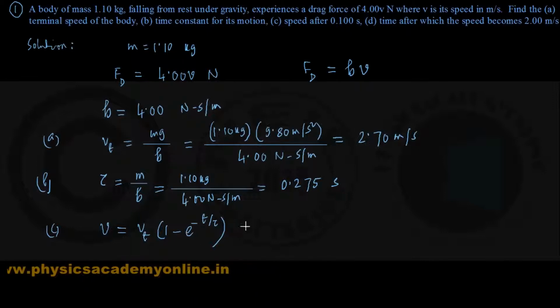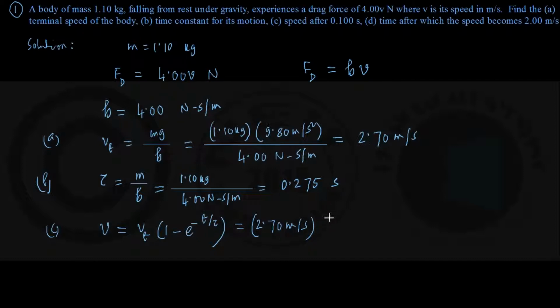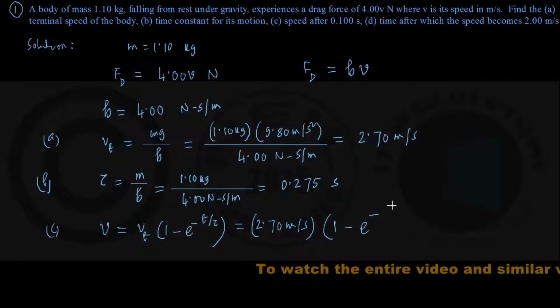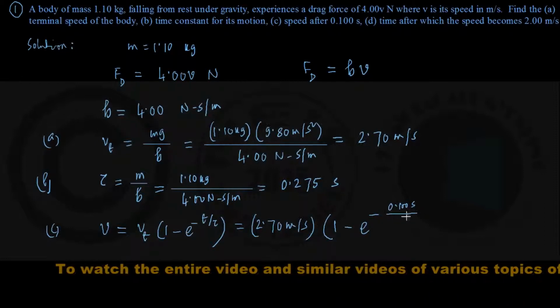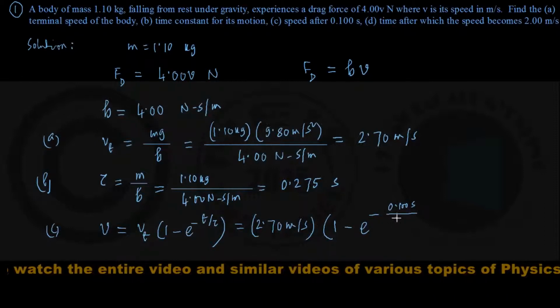So we just put the values here. So this is Vt is 2.70 meter per second by our calculation. Then inside the bracket 1 minus e to the power minus, this is a time they said after 0.1 second, so 0.100 second is the value of t, and tau has been already found to be